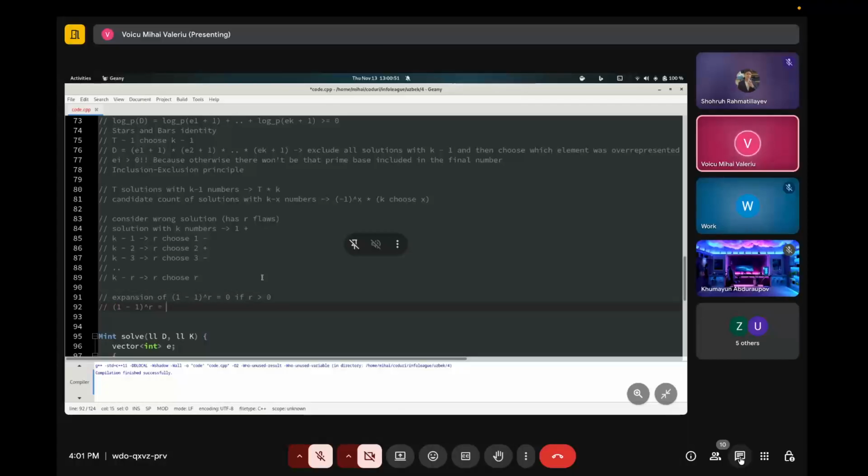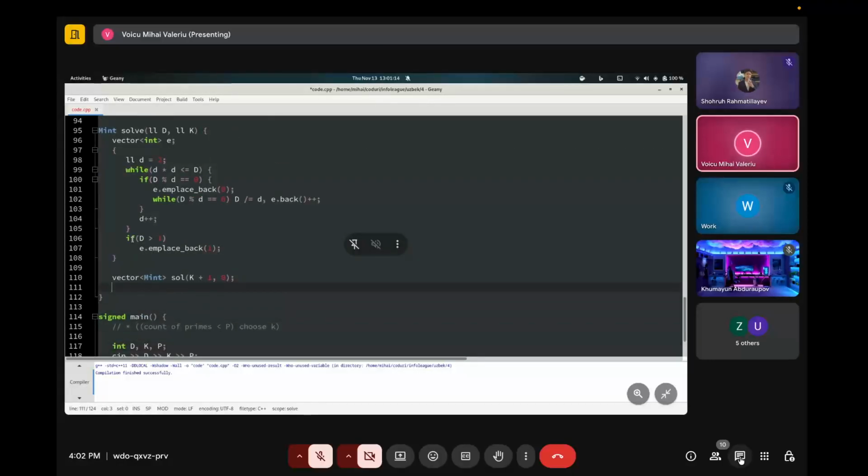But the expansion of (1 minus 1) to the power of R is equal to 1 if R is equal to 0. That is, it will still be counted as a solution with k numbers, but it will never be able to be represented as a solution with k minus 1 numbers on which we add a flow. That is to say,